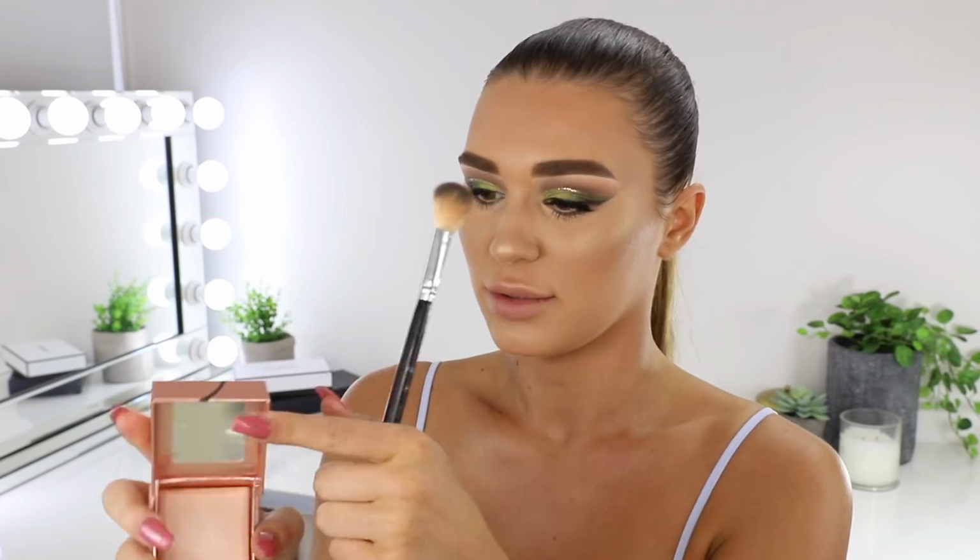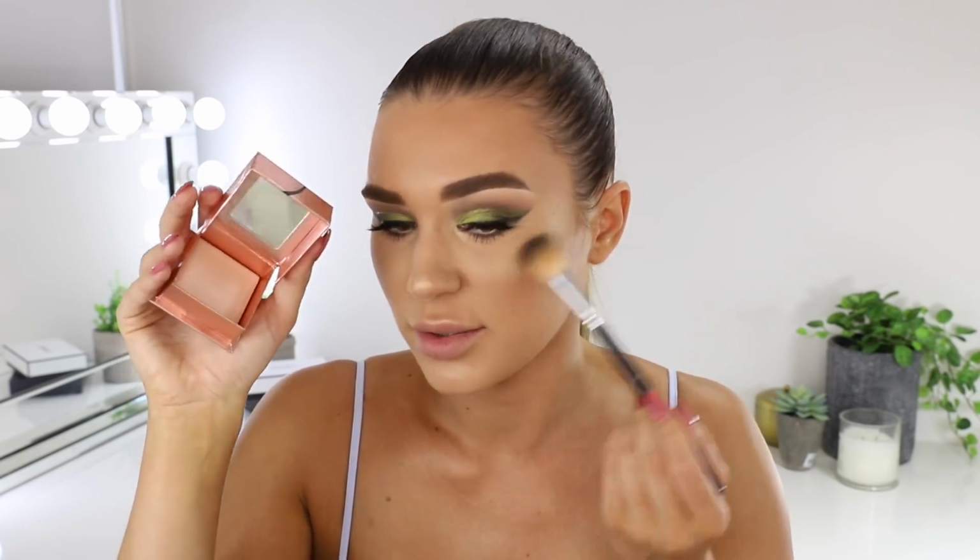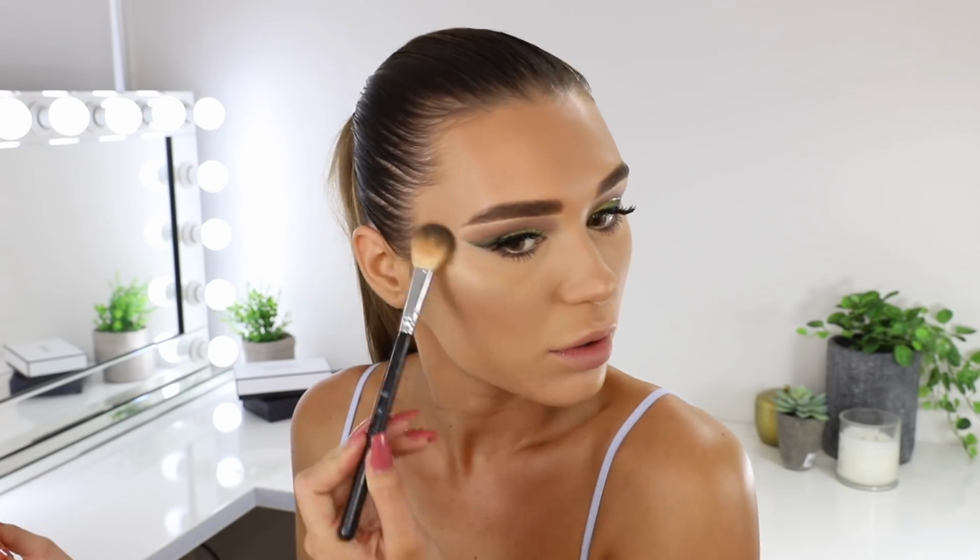Ooh. Okay, that's very kind of dry. Like when I put it on, it just stuck down to the skin very quickly. I don't know, I like the color, but I don't know if I like the formula. I'm going to go in with this Benefit highlighter just because I haven't used this one in ages, and I feel like it's going to soften the gold tone down a little bit because it's a light pink shade. This one's very subtle though. Oh wow,